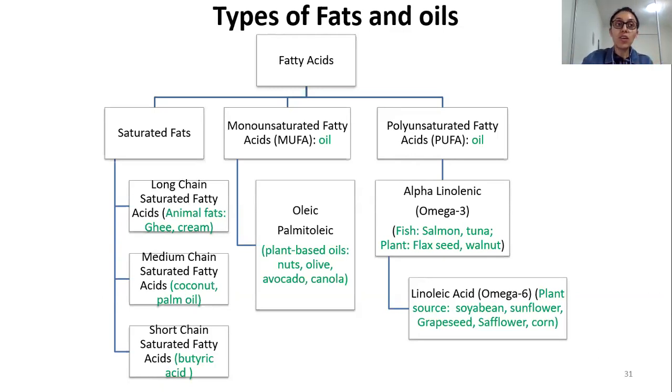Your odd chain saturated fatty acids are more about dairy fats. Recent evidence has shown that the fat in dairy has a heart protective effect. Whereas the even chain saturated fatty acids come more from animal sources of fat like red meat and poultry with skin, and they have been shown to not be very heart protective. Again, this is just a revision for you.